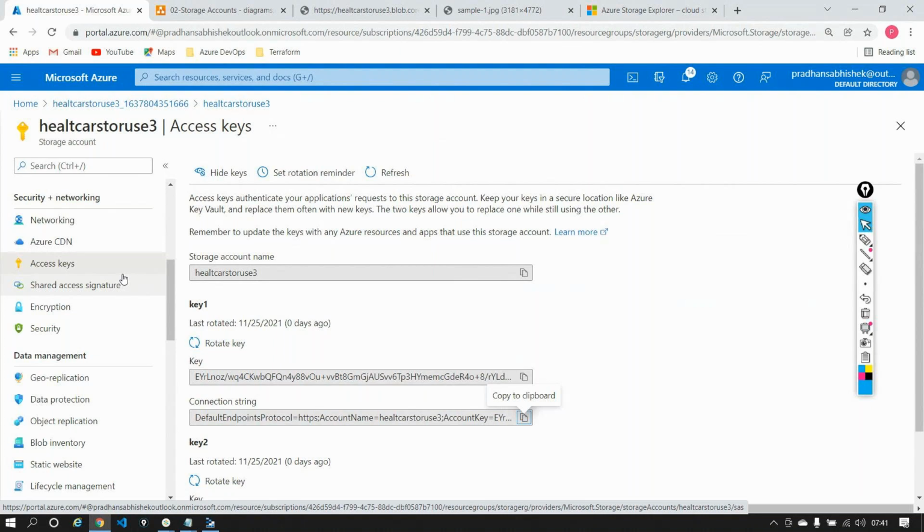Meaning they can do anything and everything, from deleting your containers to the blobs and everything. You can do that using an access key. So an access key grants you unlimited privileges on the container or on the storage account wherever you have generated it. That's the purpose of an access key, meaning we normally don't generate an access key like this. We don't do this at all. But let's say you have done it.